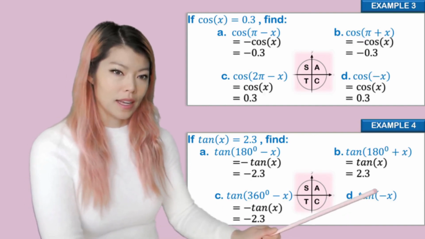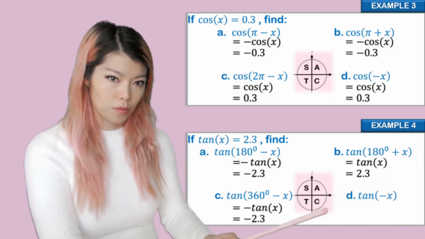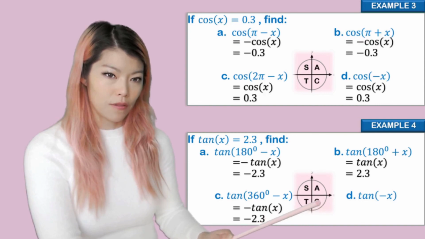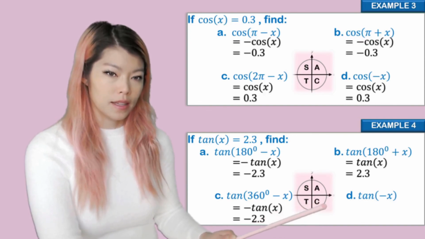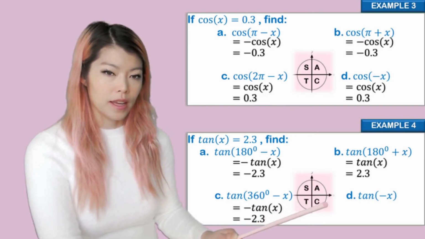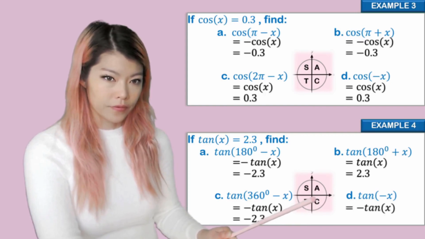So let's do that. Tan of negative x. ASTC, which quadrant am I in? Negative x would mean over here, so in the fourth quadrant. Is tan positive or negative? Tan is negative because only cos is positive there. So tan is negative, then we have negative tan x, which is